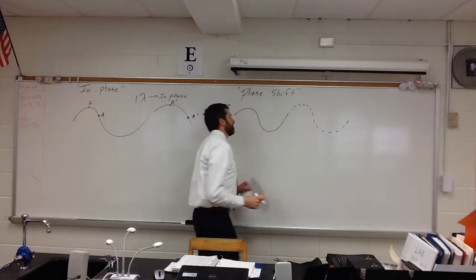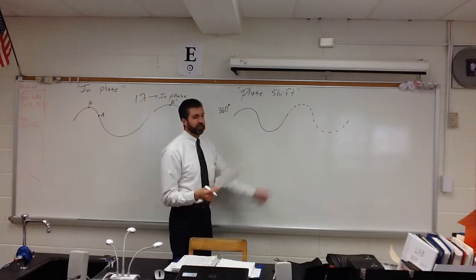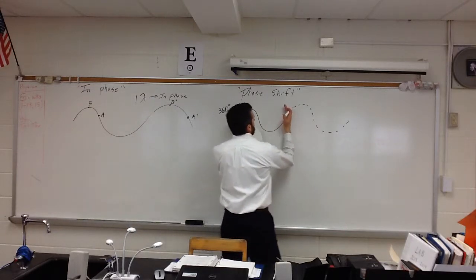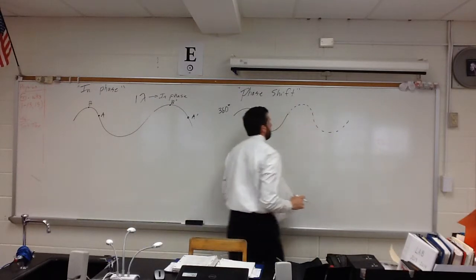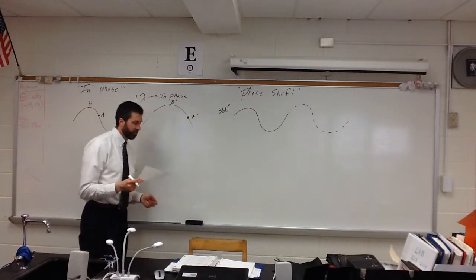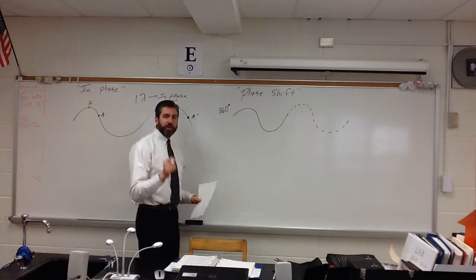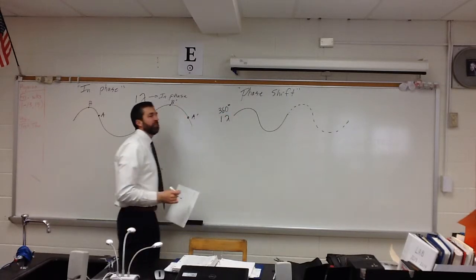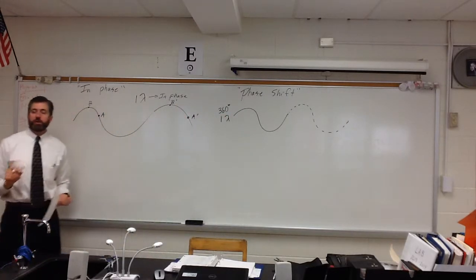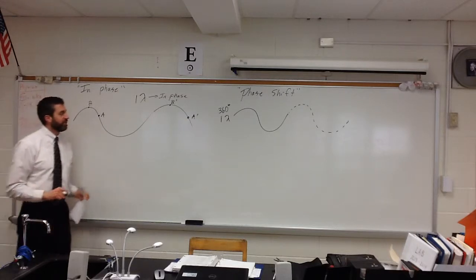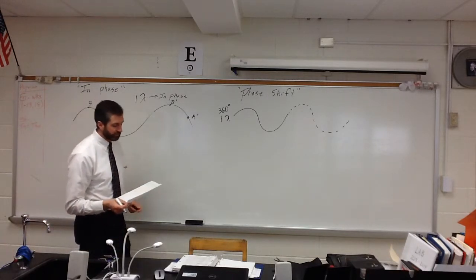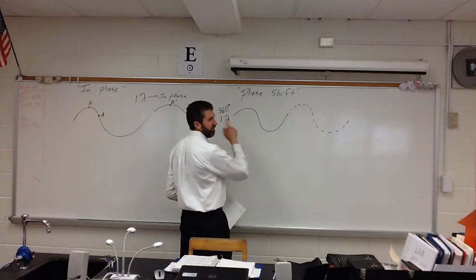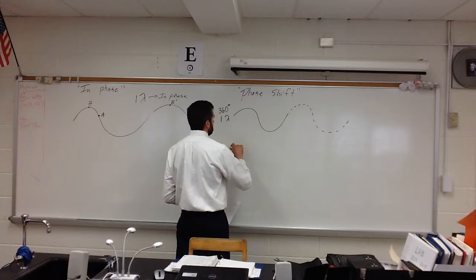So now the phase shifted wave looks like it's been tacked on the end because I've taken it from this position and I've shifted it to that position. That's a 360 degrees phase shift. The other way you can refer to that is as 1 lambda or 1 wavelength phase shift. You've moved it one whole wavelength in a certain direction. Now, those aren't very useful or common. More commonly,